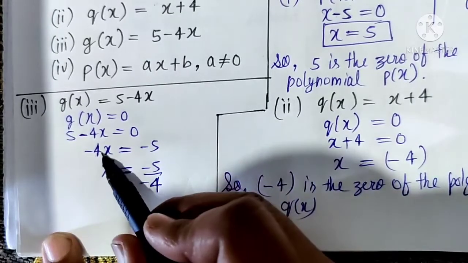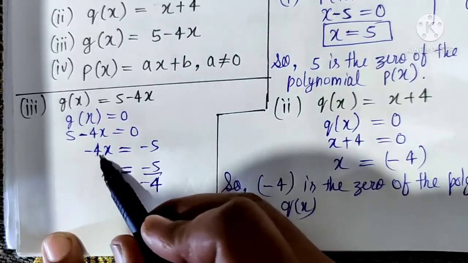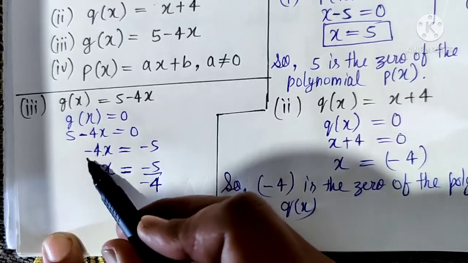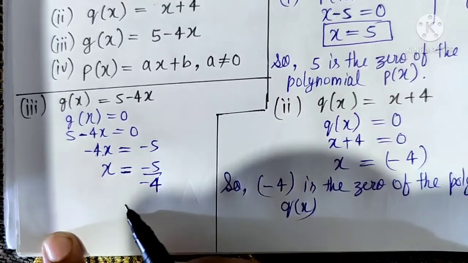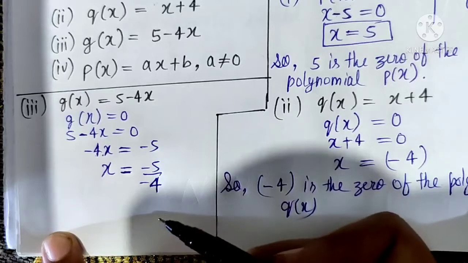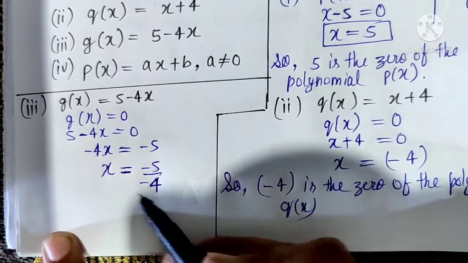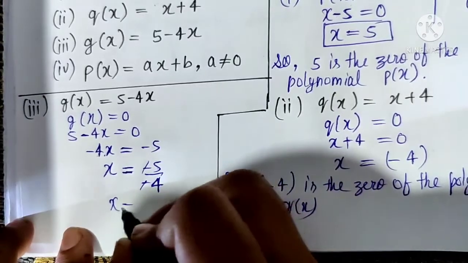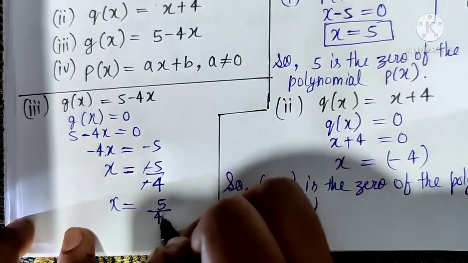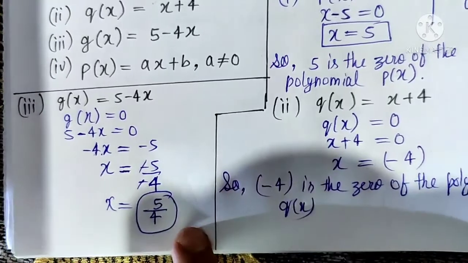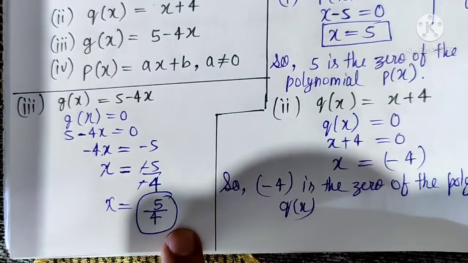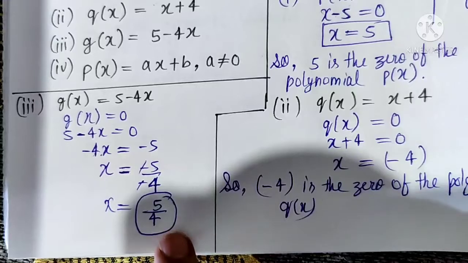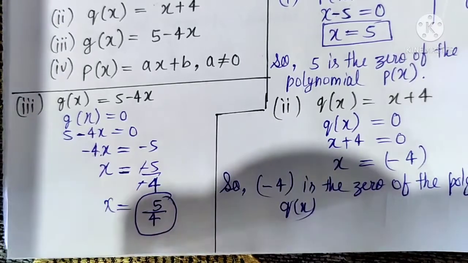That is wrong. We have to check the relation between x and 4. That is multiplication. So when we take minus 4 to the right hand side, it becomes the opposite. What is the opposite of multiplication? That is division. That's why minus 4 came downside. Now minus can cancel minus, so what is left? x equals 5 upon 4. This is the value of x. So we can say 5 upon 4 is the 0 of the polynomial g(x).